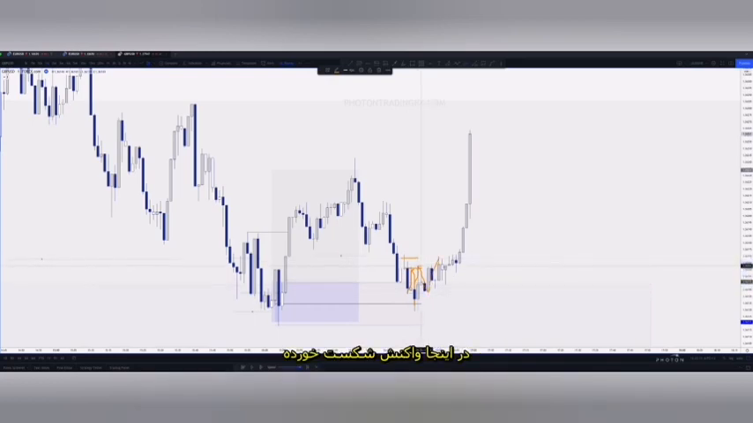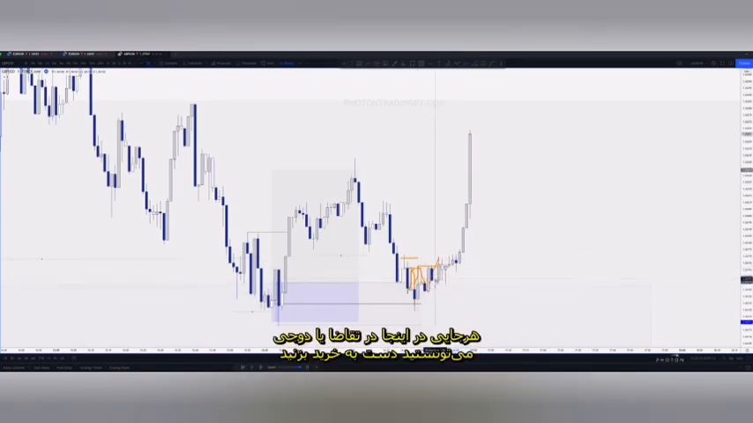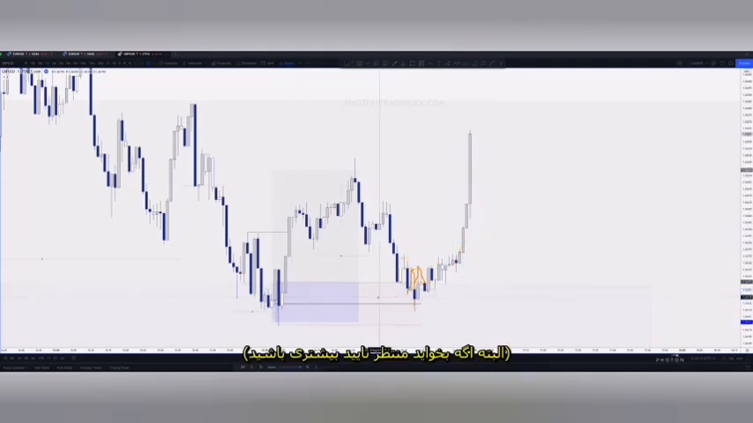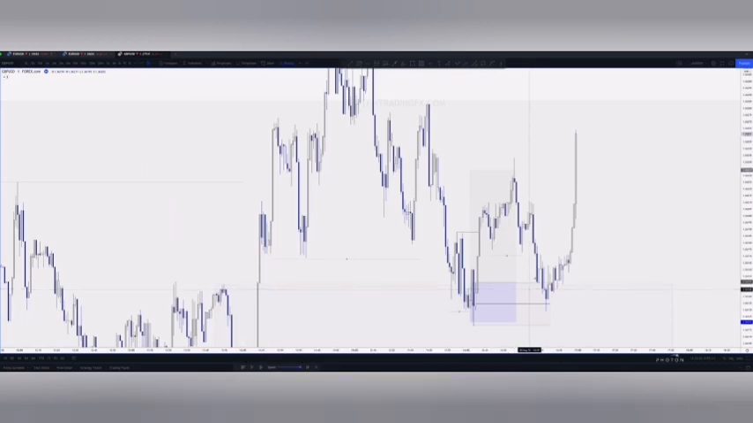Then we get the failed reaction here, and then anywhere within here you can buy, right, on that demand, on that doji, and then boom, that's how you confirmed this area here if you just wanted to wait for a little bit more confirmation. So yeah, that pretty much wraps it up in terms of everything I wanted